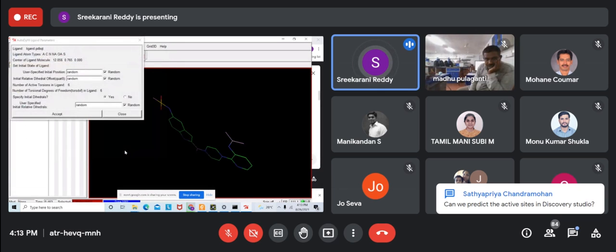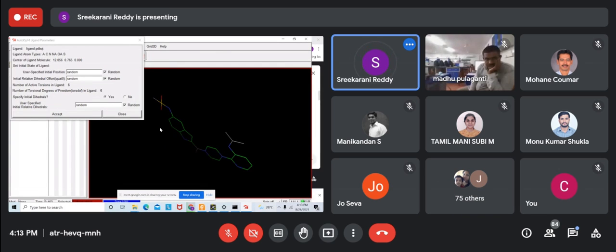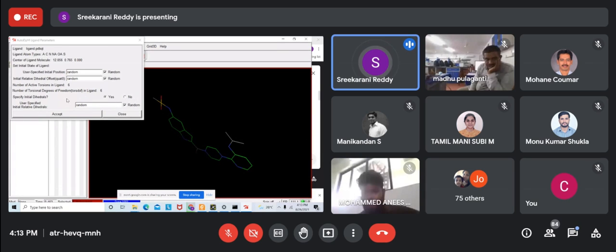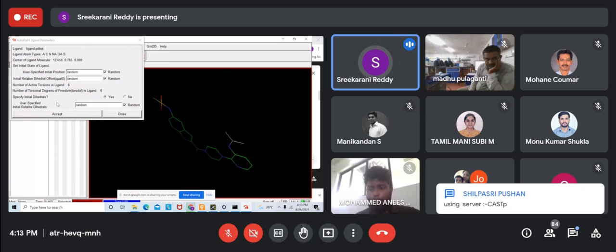Here you won't be seeing a protein, you will only see the ligand in the 3D viewer. Okay, this is generating the conformers. It's telling that your particular ligand molecule is this, and these are the random conformers. Whatever I'm trying to run, I'm keeping all the defaults and just accepting it.